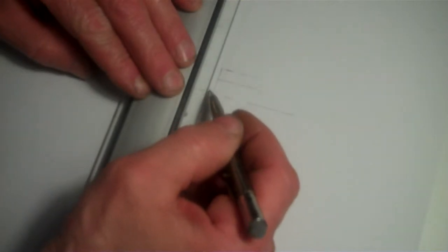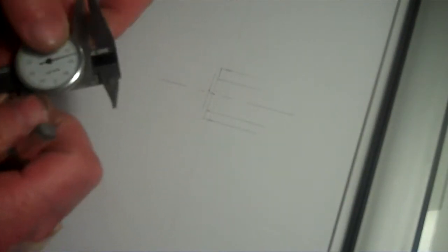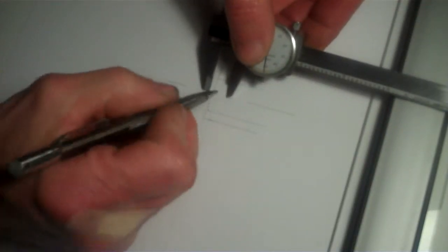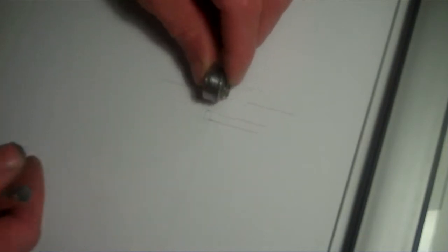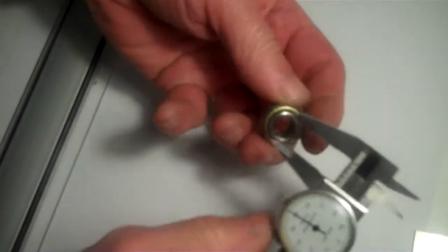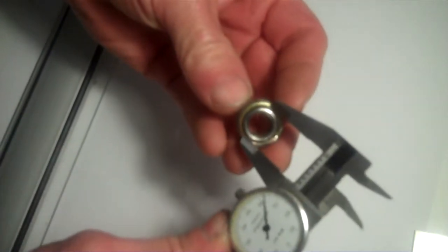This is the part that actually sits on the bearing that's rotating on top of the shaft, and now I'll come up that 450 thou from that line there. Now I'll come up that 450 thou, and that will be the top of the flange, or the top of that bearing part there, and it'll be just like that. Okay, so that'll go across the top here and stop there and stop there, and then it will come down here, and now I have to get that diameter across the bottom here, and that diameter is